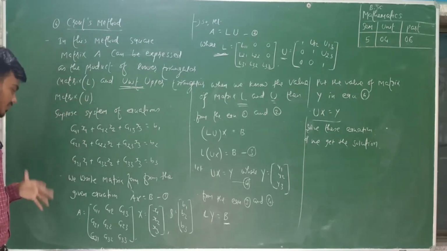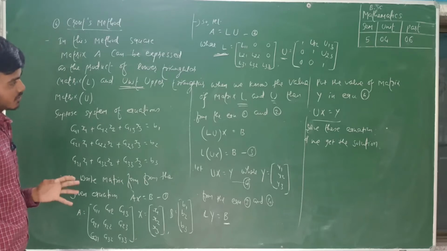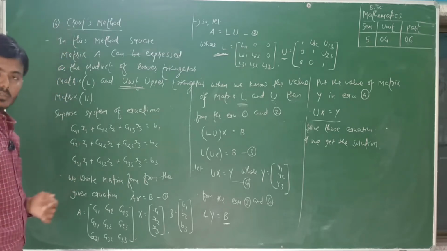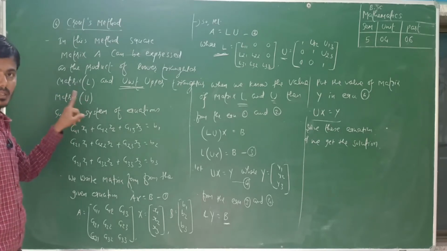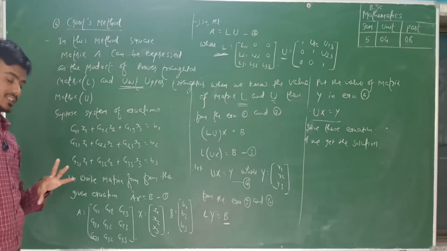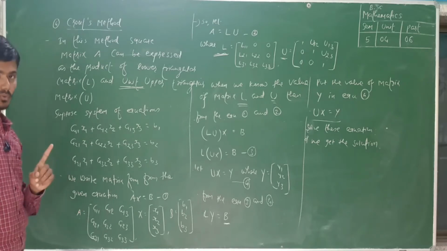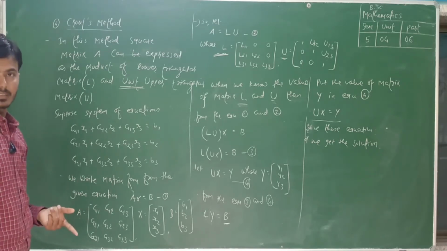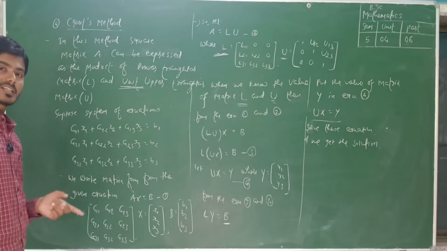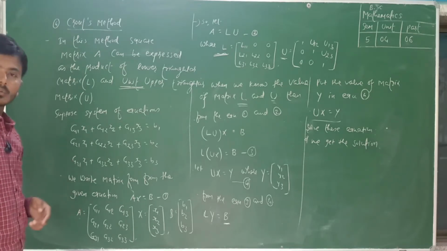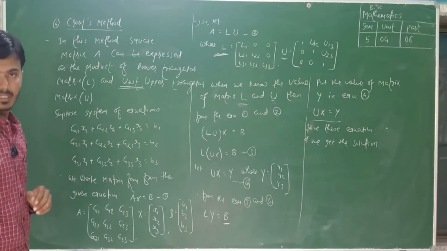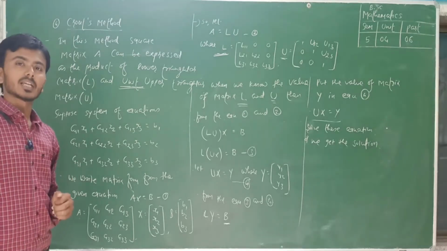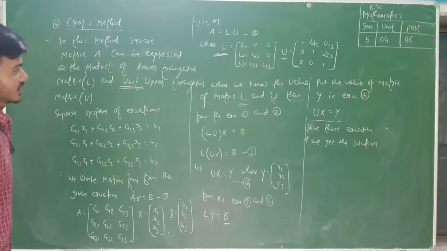Same method, previously we have discussed about this method of factorization, but you remember this L and U. In the Krauss method, L is the lower triangular matrix and U is the unit upper triangular matrix. Whenever this triangularization method or method of factorization or LU decomposition method, L means unit lower triangular matrix and U means upper triangular matrix. Note down.